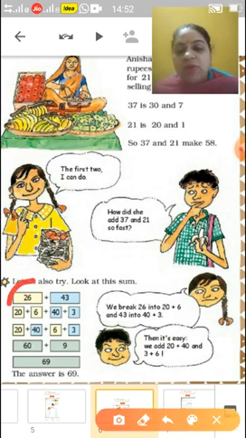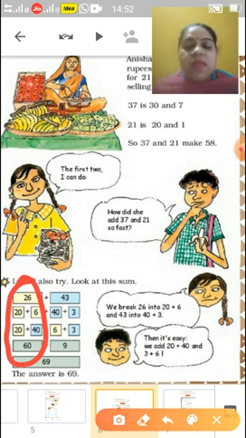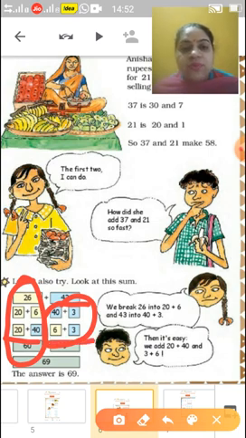First we expand 26. Okay, 20 plus 6, that is, the number should be common, like 20 plus 6 and 40 plus 3. So children, we take the tens digits same, means we will take one side, and the ones we will take one side. So 20 plus 40, 60, 60 plus 6, 66, 66 plus 3, that is 69. Okay children. Now like this they were adding. Understood?